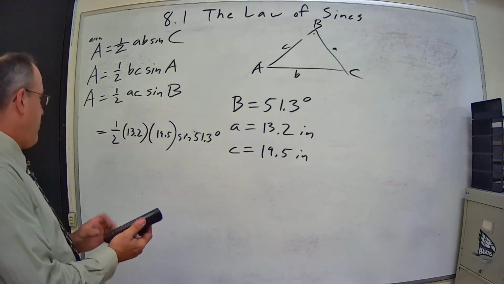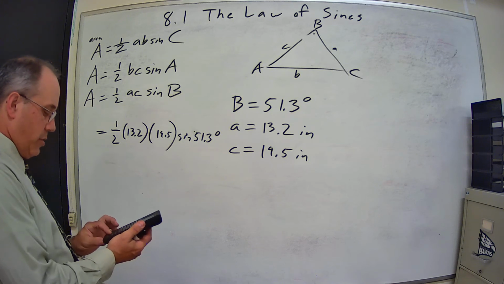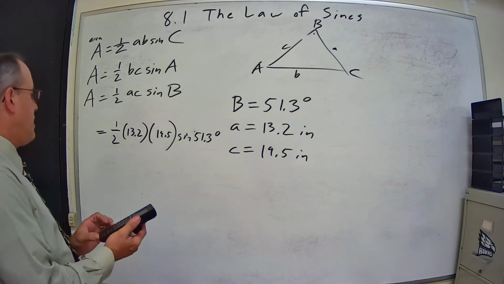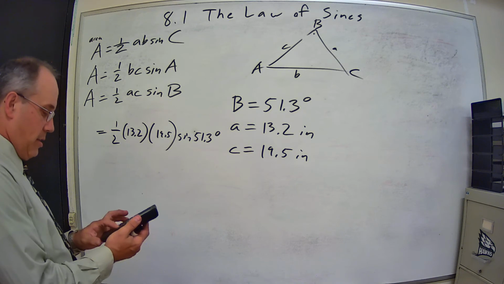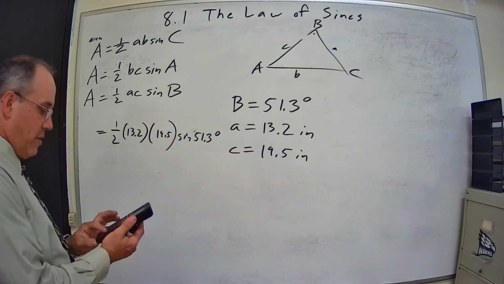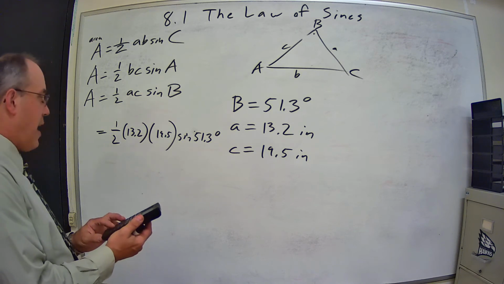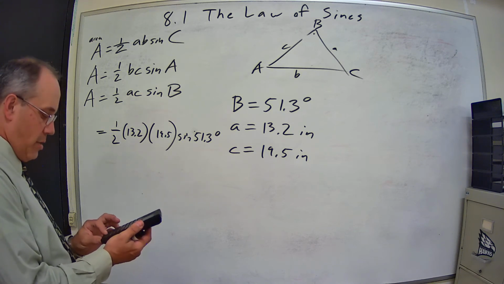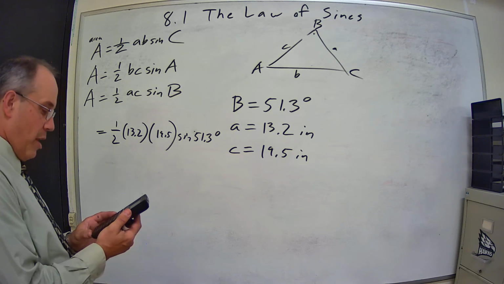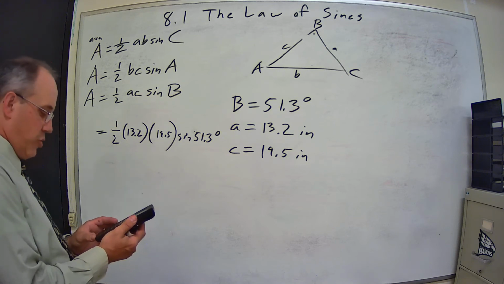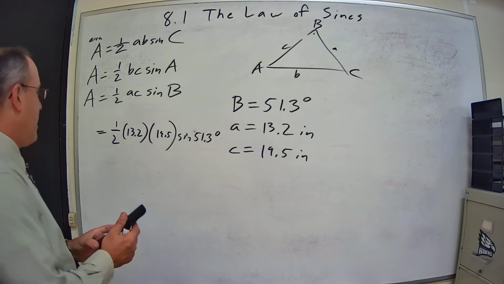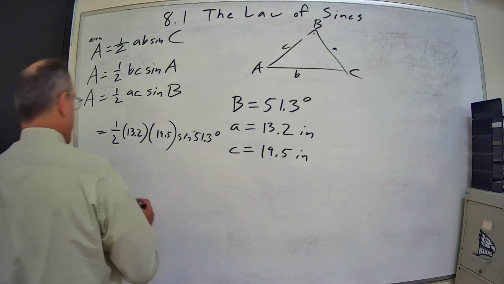So 1/2 times 13.2 puts me up to 6.6 times 19.5 puts me up to 128.7. The sine of 51.3 is about 0.78. So I multiply by that and I get the area